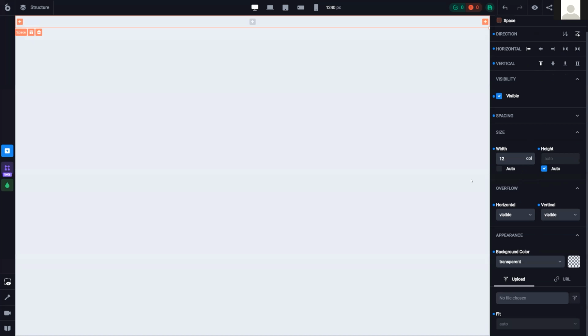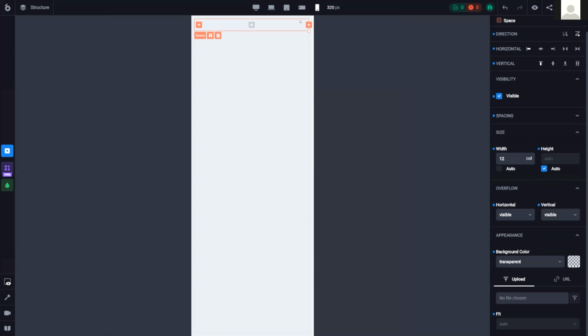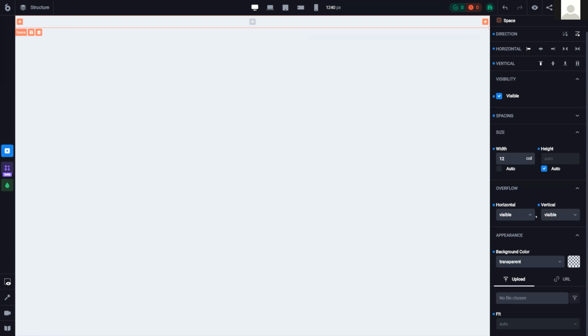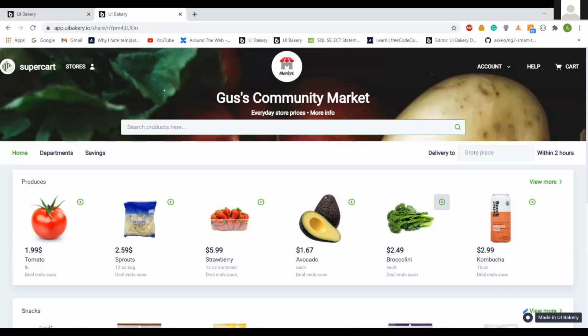your project afterwards for smaller screen sizes, because 12 columns for desktop is the same 12 columns as for tablet, and the same 12 columns for a mobile phone. That's why it could be quite easier to adopt. Also, I want to change the height of this space, or to leave it even in auto mode. It would be okay. So what I'm going to do, as we can see from the example here, we have